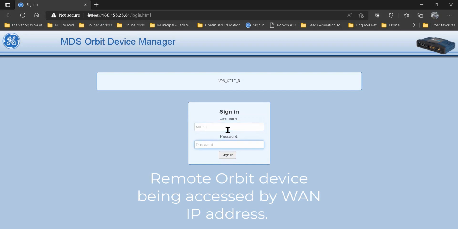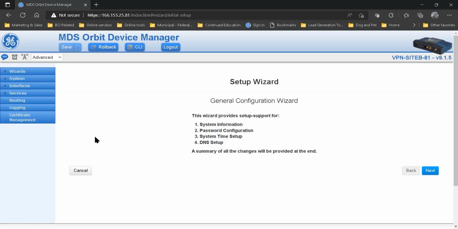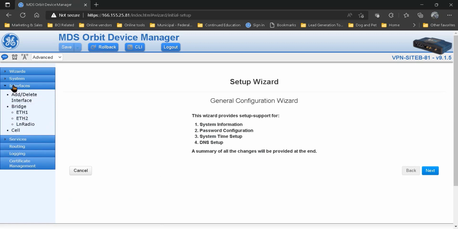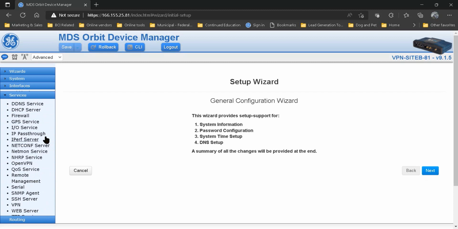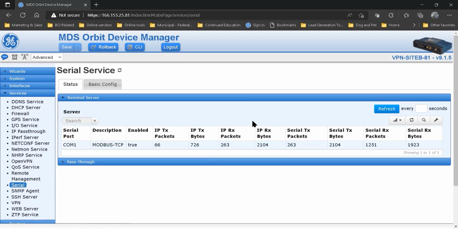All right, so I'm going to go ahead and log in. As far as setup is concerned, let me show you the serial port setup. We're running a Modbus TCP server, right? And you can see here we have our traffic. And how we did this was